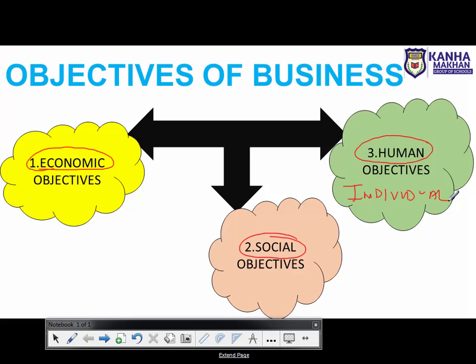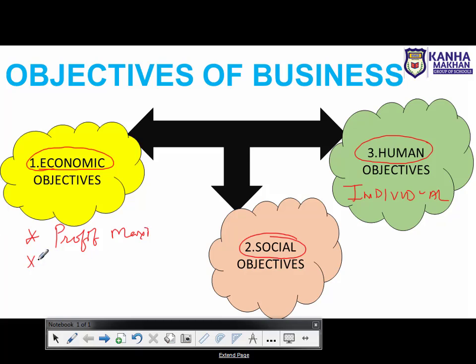So economic objective, like suppose I am a businessman, so what is my primary objective for my business? ठीक है, जब मैं बिजनेस ओपन करूंगी तो मैं क्या सोचकर बिजनेस को स्टार्ट करूंगी, क्या सोचकर बिजनेस को कंटिन्यू करूंगी, तो ऑब्वियसली these will be the factors. Like the first priority for my business is profit maximization. I'll start with the profit maximization. मेरा टारगेट होगा कि yes, I shall earn maximum profit in order to continue with my business. ठीक है, तो the first target or the first part of this economic objective is profit maximization.